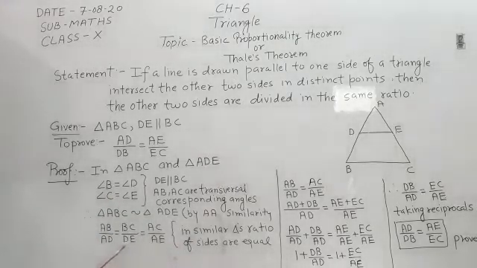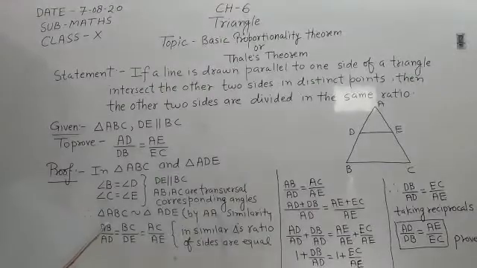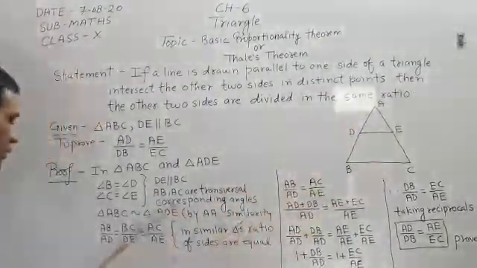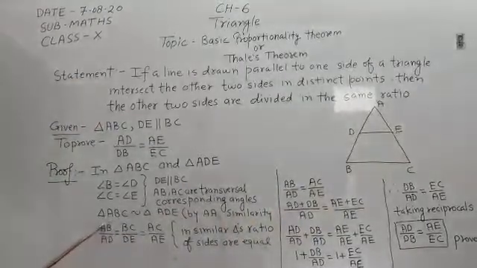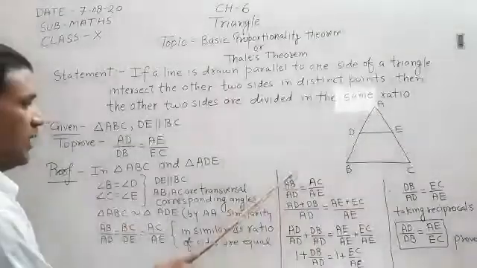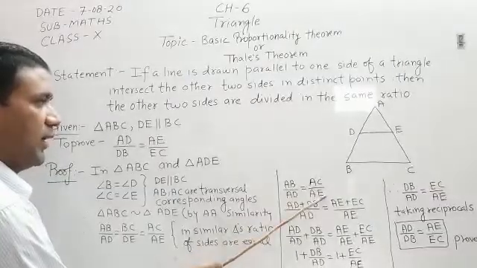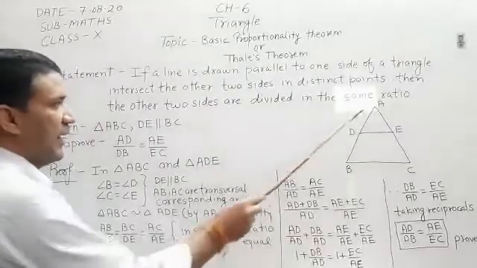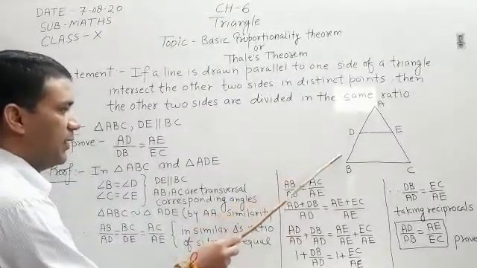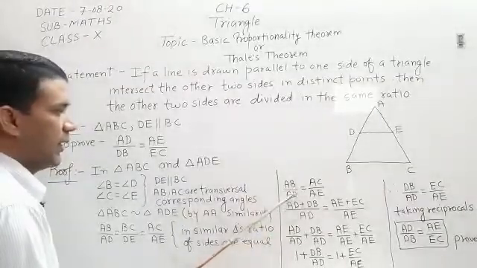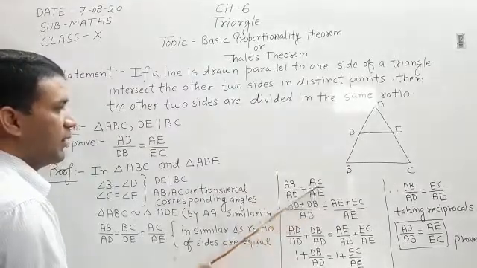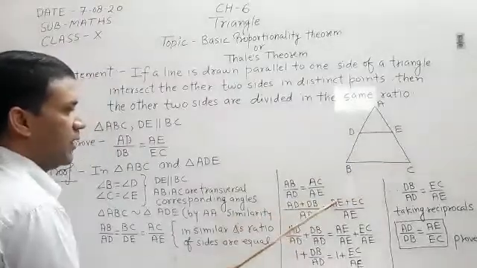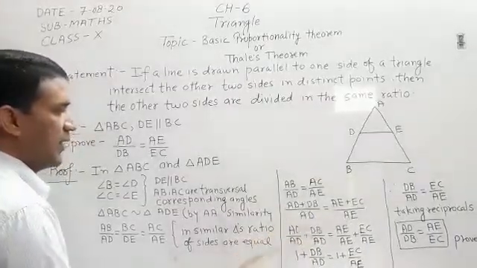Now we can leave this ratio, because we have to prove the ratio of AB and AC is equal. Therefore we take these two ratios, because here is AB and here is AC. Now AB upon AD is equal to AC upon AE. From the figure you can see clearly, we can write AB as AD plus DB, and AD remains as it is. Similarly, in place of AC you can write AE plus EC, and AE remains as it is.